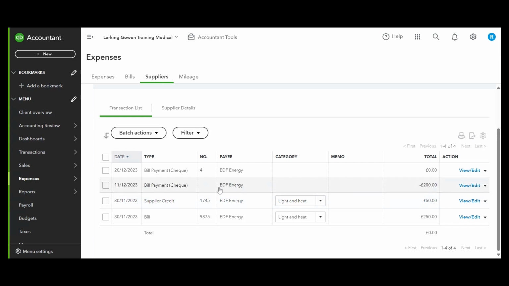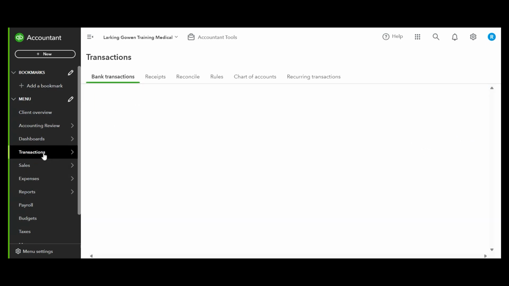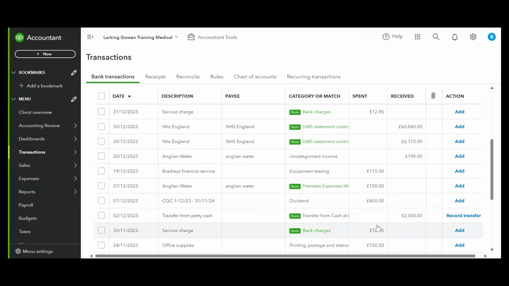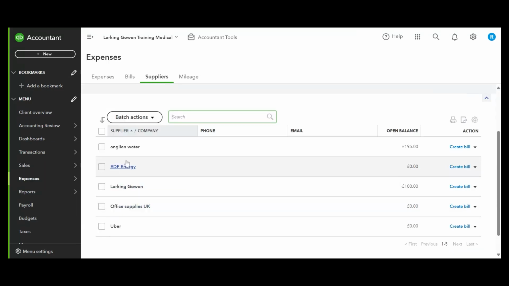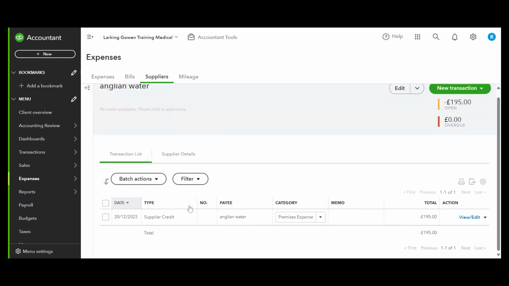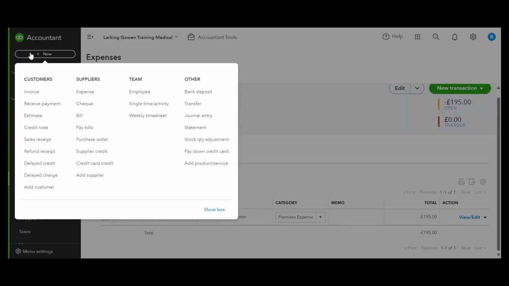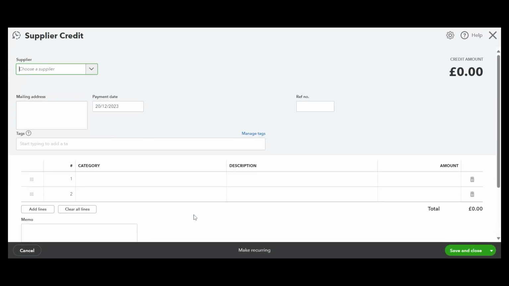In other instances, you may actually receive money into the bank that relates to a credit note. For example, here, this client has received £195 from Anglian Water. So this is slightly different. So if we go into expenses and suppliers, and we look into Anglian Water, you'll see that a credit note has been created. Again, this can be done by the plus new button on the left-hand corner and selecting supplier credit. And you enter all the information here, such as the supplier, so Anglian Water would have been selected, the